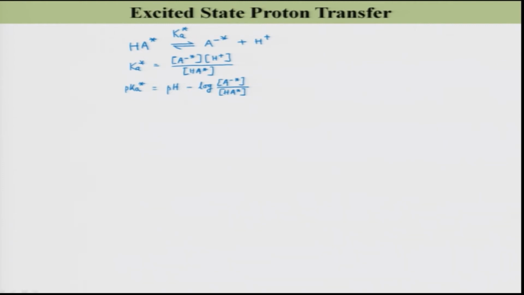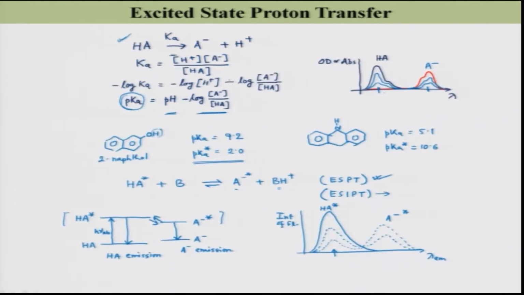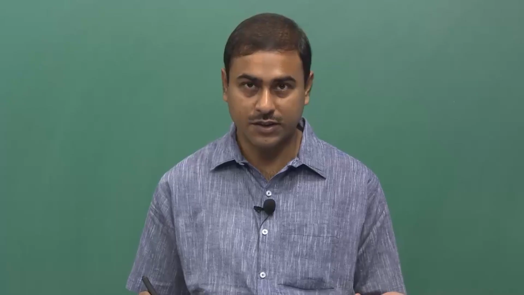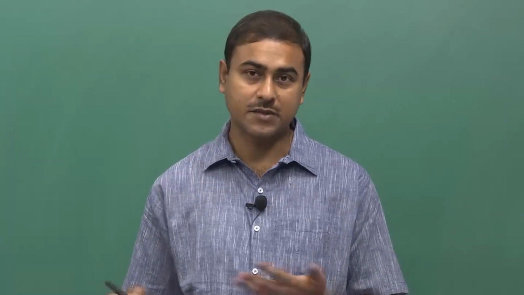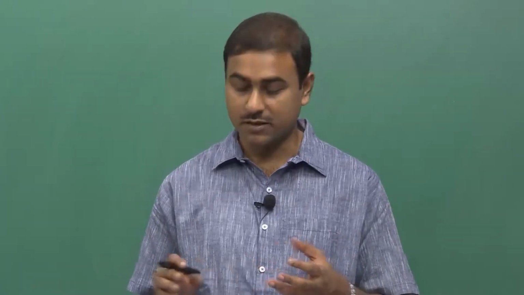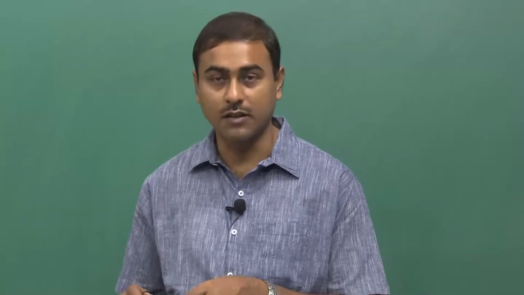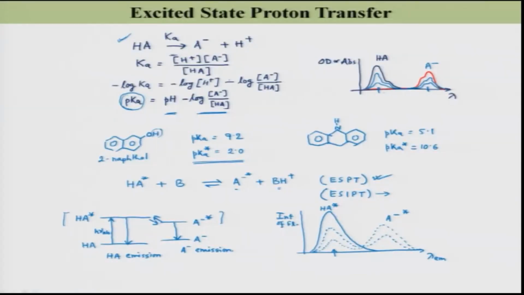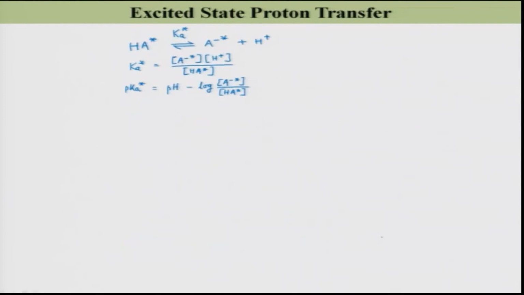Now, you can tell that okay, I know this emission intensity as I showed here. So, this has to be related with the concentration. Concentration is more, emission intensity more. So, if the concentration of A minus is less, emission intensity is less. So, I can immediately put this intensity ratio as the ratio I wrote over here,